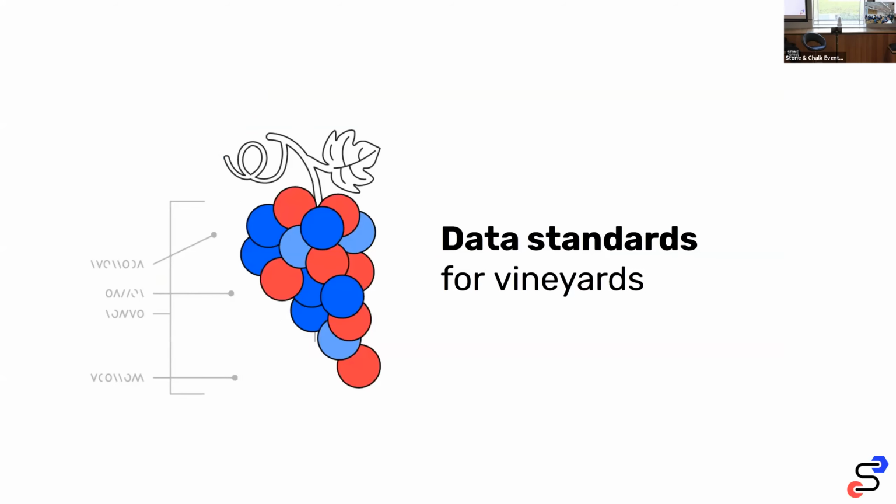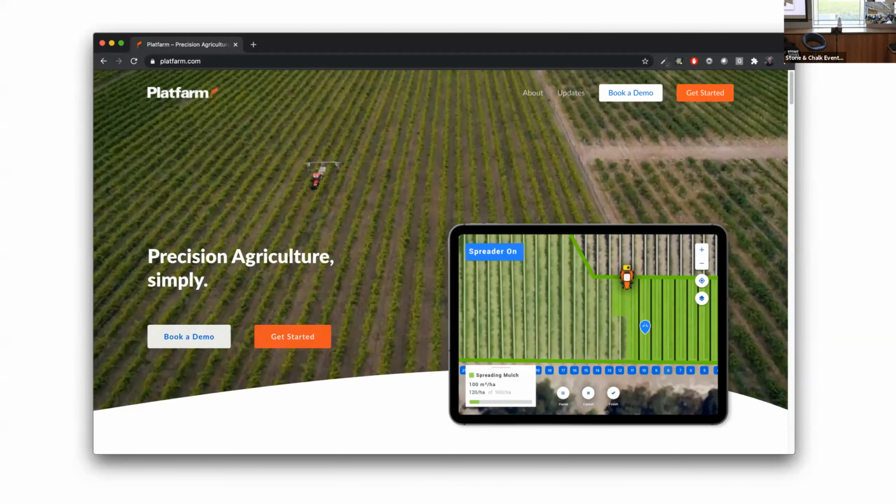So with all that background, I'm going to pivot and talk a little bit about how some of this might be useful or serve as an inspiration for folks in the room. A couple of months ago, Ollie reached out over LinkedIn and sent a message saying he'd come across a conference presentation that we'd done, and he was kind of interested in the work. I looked up his platform, and at first I was confused and wondered if this was some sort of spam. And then I took a look at the website, and I saw all these lines looking very similar to city streets, and it started to make sense.